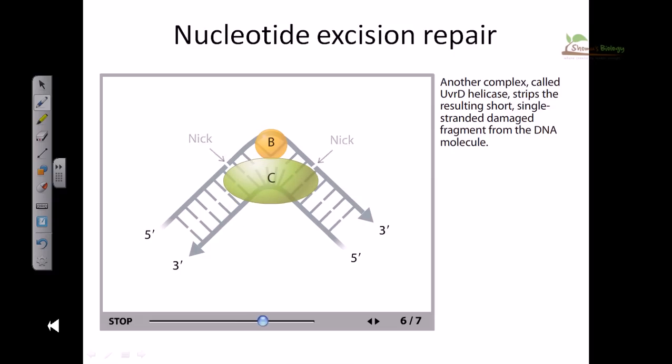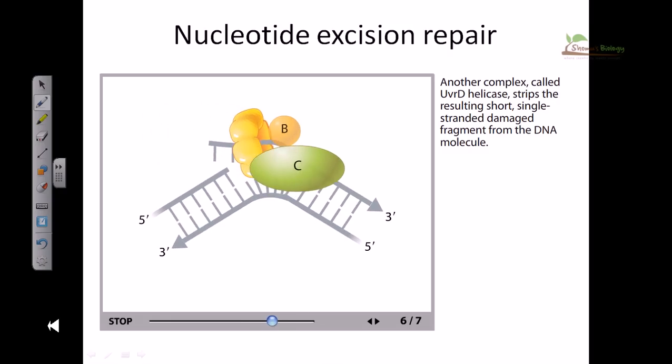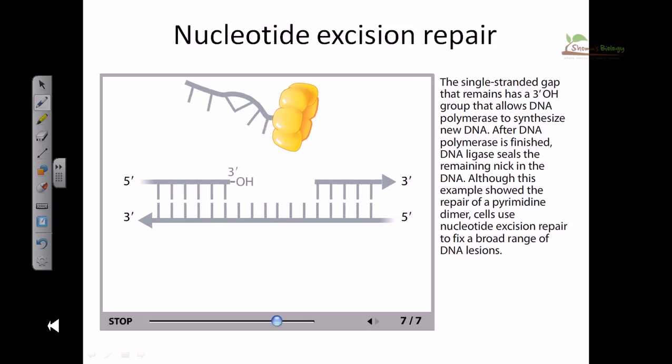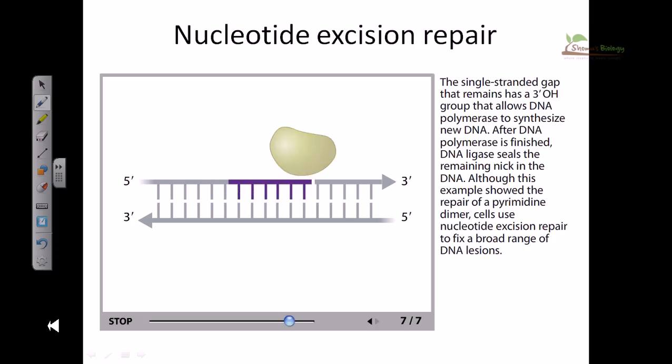Another complex, called UVRD helicase, strips the resulting short, single-stranded damaged fragment from the DNA molecule. The single-stranded gap that remains has a 3' hydroxyl group that allows DNA polymerase to synthesize new DNA. After DNA polymerase is finished, DNA ligase seals the remaining nick in the DNA. Although this example showed the repair of a pyrimidine dimer, cells use nucleotide excision repair to fix a broad range